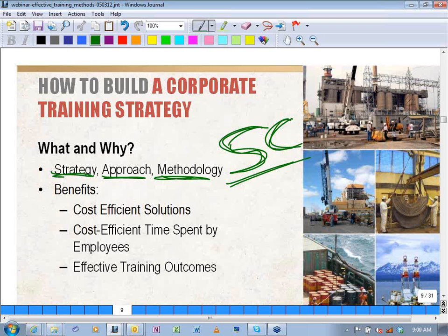They're certainly in the mix, and there'll be some things that you're going to want to ask them as you let those contracts and bring those people on site, that they're toeing the mark as your own employees do. We are, as I stated, cost efficient, time, and then we want to have good outcomes